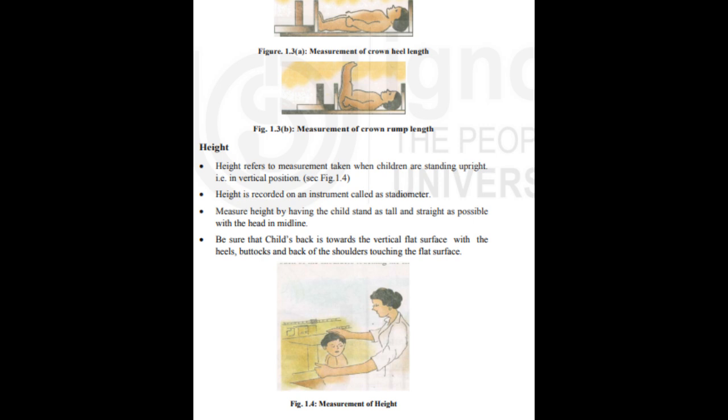Head circumference is measured by placing the measuring tape above the eyebrows and pinna of the ears and around the occipital prominence at the back of the skull, and recording is done in cm using a cross tape technique. Fig. 1.5a. Similarly, measure chest circumference by passing the tape around the chest at the level of nipples. The reading is recorded midway between inspiration and expiration using a cross tape technique. See Fig. 1.5b. Caution: don't press the measuring tape on the chest wall, it would compress the soft tissue underneath.